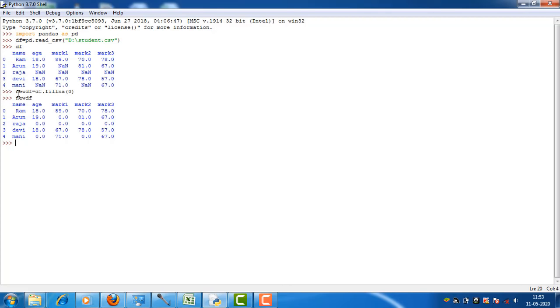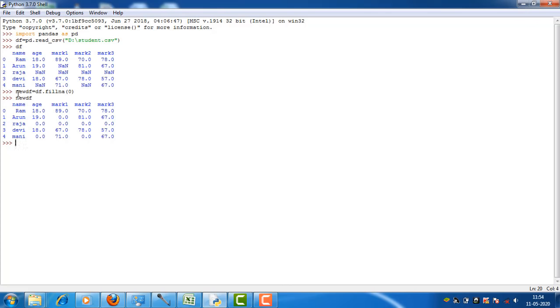Now sometimes having 0 is not good. We want to specify different values for different columns. Pandas supports that also. We can fill a specific value for a specific column, or we can estimate the missing values.